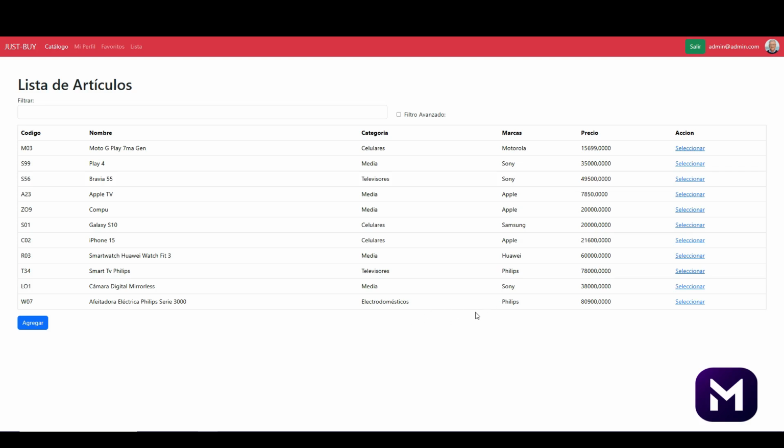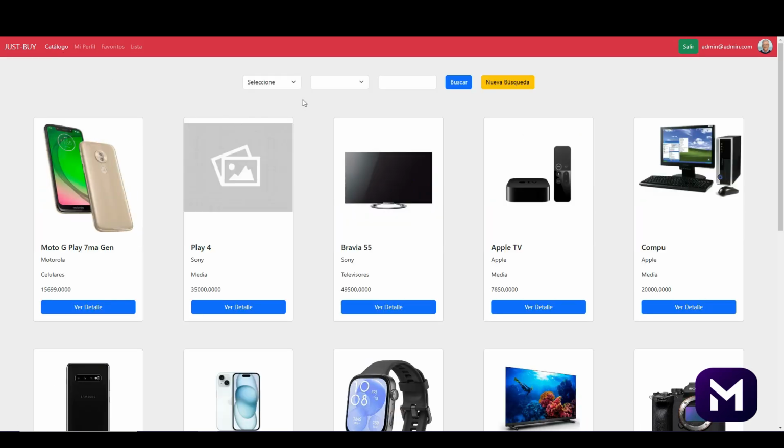This section is only available to the user we previously configured as administrator. So now I'm going to show you what a common user will see. If we go to the catalog section, we also see that we have an advanced filter where we can select the field, the criteria, and the search for key letters to make a more specific search for the products we